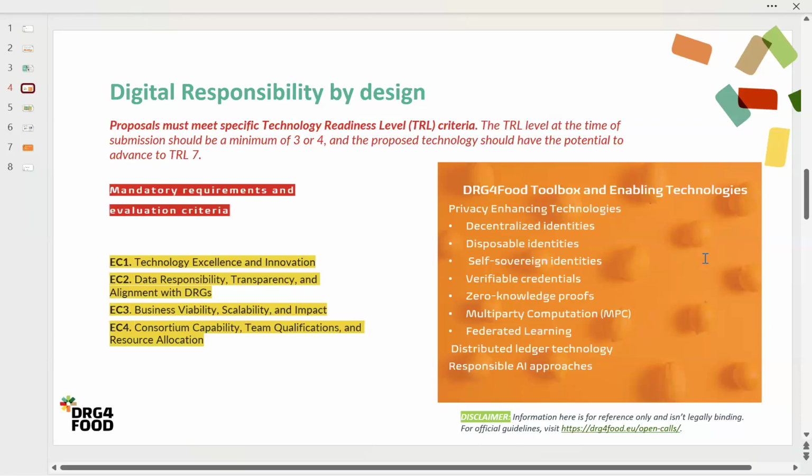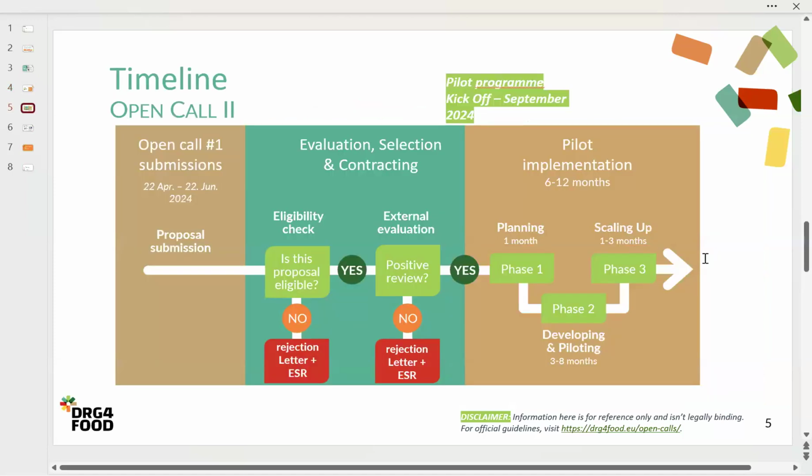Please, for detailed guidelines and requirements, consult our website, the open calls page, and you will be able to learn more about both evaluation and selection criteria and the technologies that we are looking for.